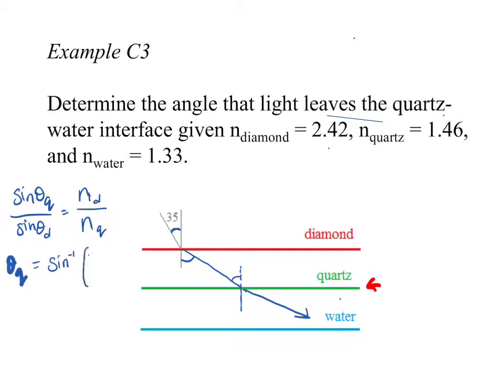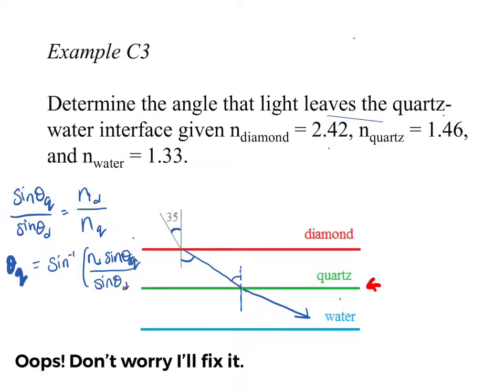I'm just going to go right to this. So inverse sine of this. So this is the equation you should get. If I could write it nicely, that'd be great. Okay, plug all those numbers in. So diamond is 2.42, so it's really slow, times sine of 35 divided by